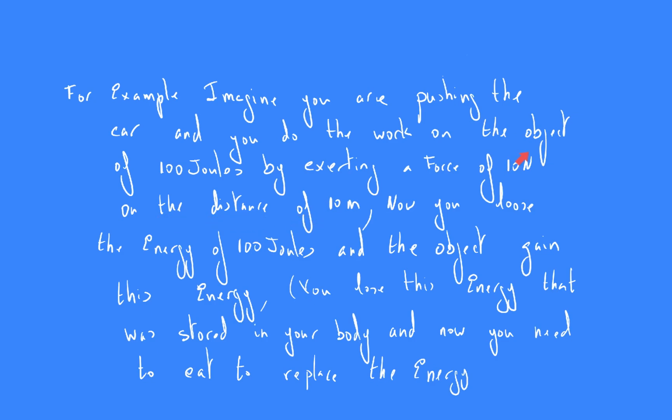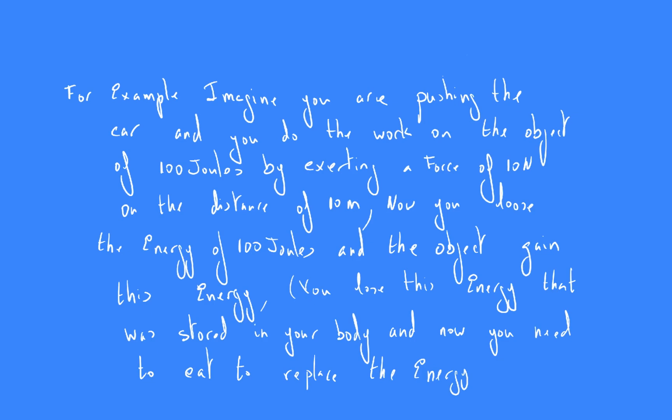So you do 10 by 10, 100 joules of work. Now, doing this work, you put the 100 joules on the object, but you lose the 100 joules. You don't have any more the 100 joules. The 100 joules has come from your cell, from your storage energy that was in your cell. So now you lose the energy of 100 joules and the object gains this energy. You lose this energy that was stored on your body, and now you need to eat to replace the energy,